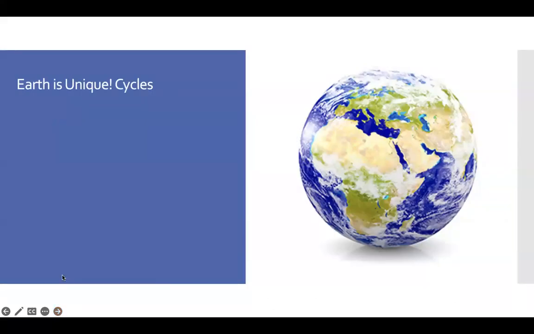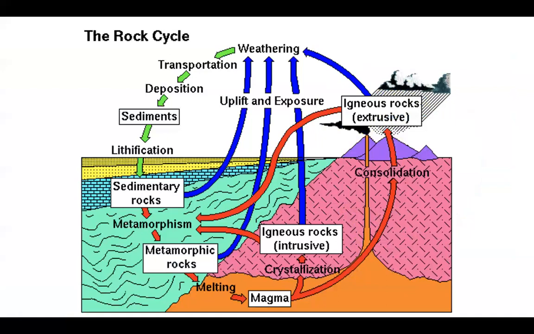So again, Earth is unique in that we have these cycles. We have the rock cycle, and we're going to spend a lot of time looking at the rock cycle in the next couple of weeks. You know that there is sedimentary, igneous, and metamorphic rocks. And maybe you know that these things are always, because of the dynamic nature of Earth, both from beneath with tectonics and above from atmospheric processes, weathering is always going on and magma is always welling up to the surface.